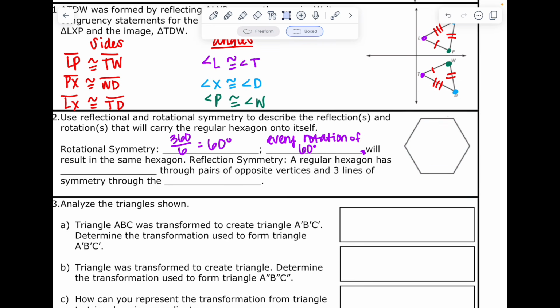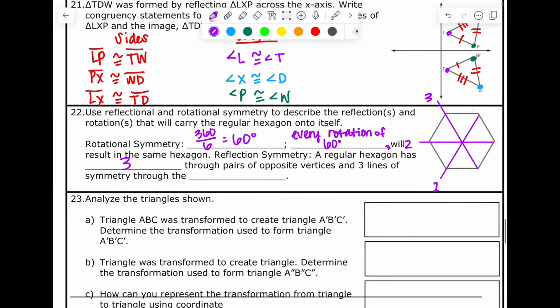But if we're talking about through opposite vertices, so like if I go vertex to vertex, that's one line. Vertex to vertex, that's another line. Vertex to vertex, that's a third line. If I go through any more vertices, I've already created a line there. So there's 3 from vertex to vertex, and then